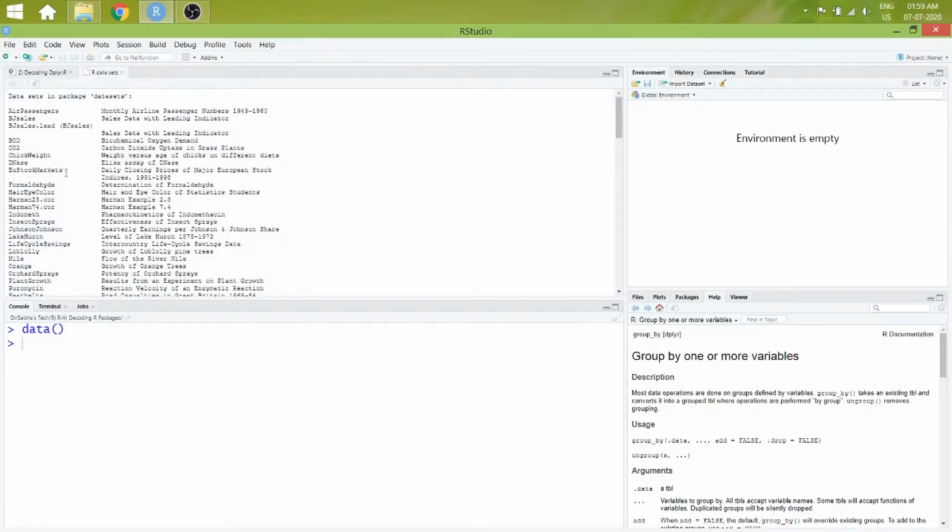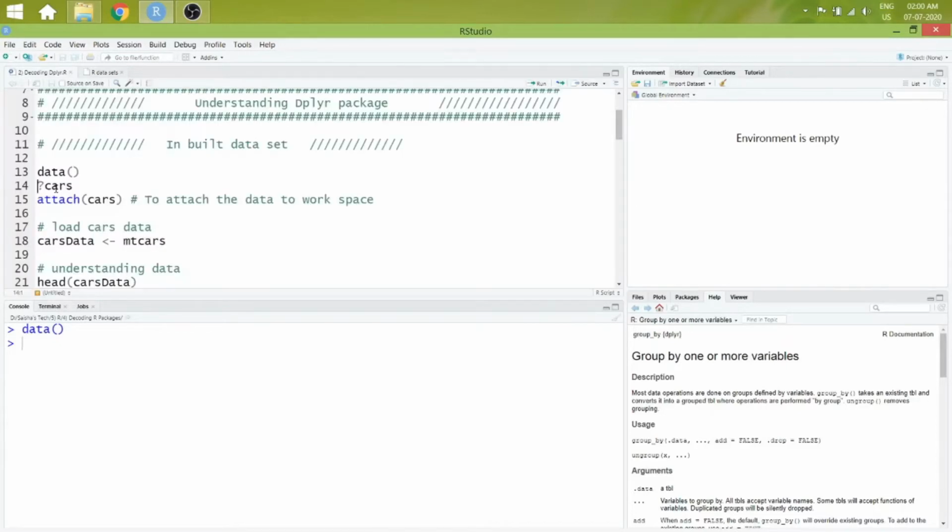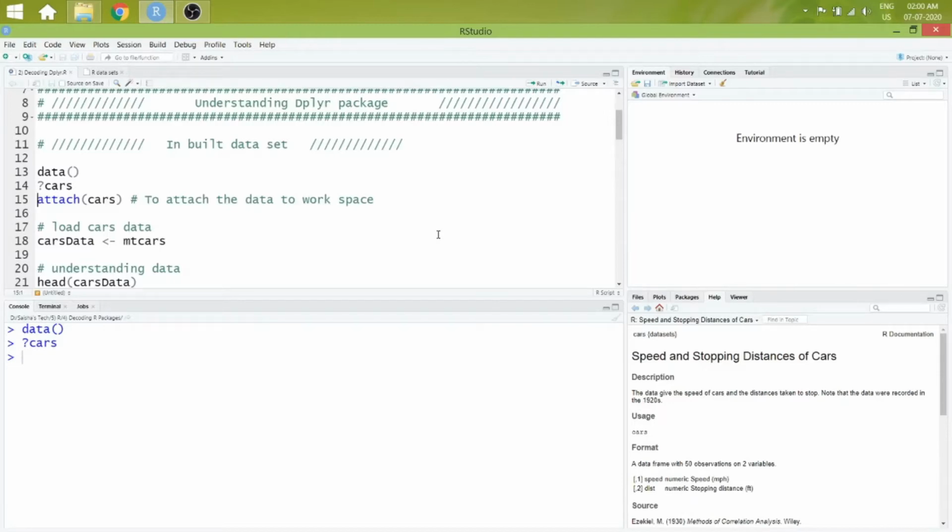We have numerous built-in datasets in R. Example, cars. The information of the dataset in help, like when the data was retrieved or extracted, attribute descriptions, and so on.